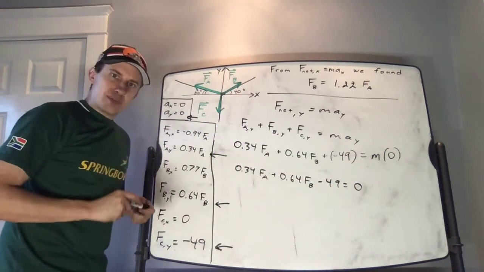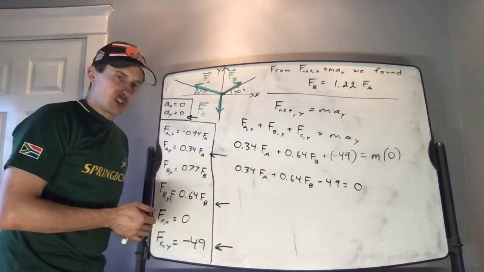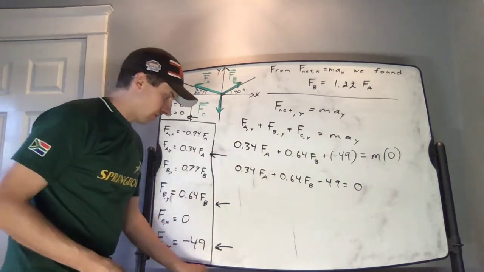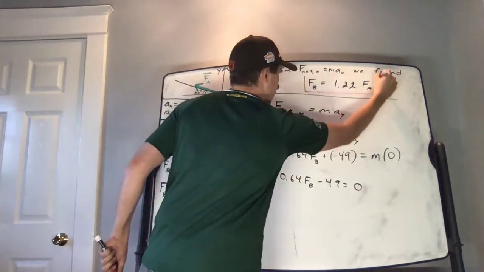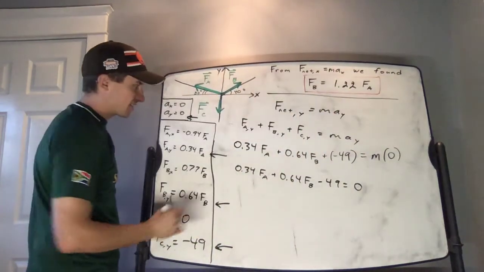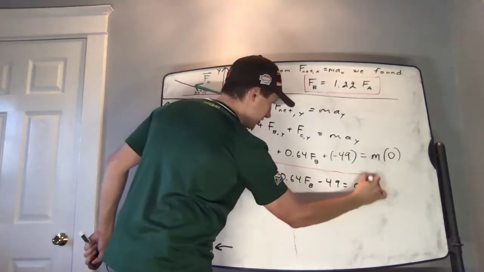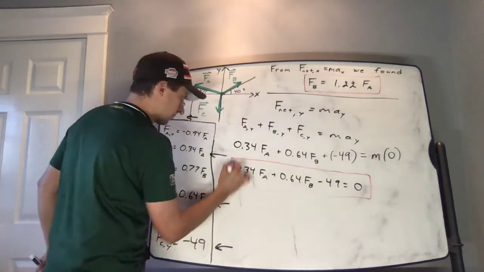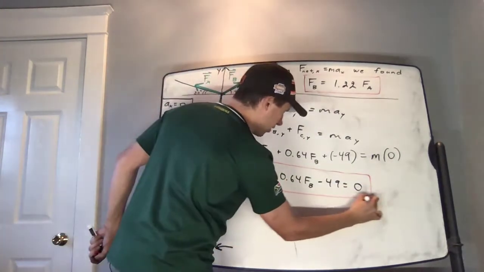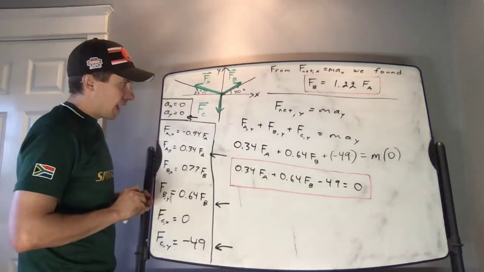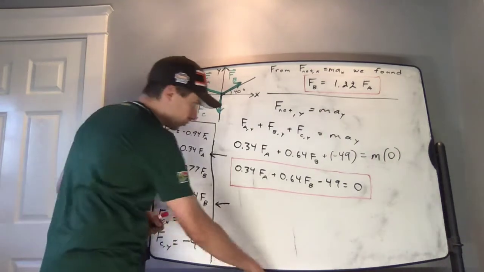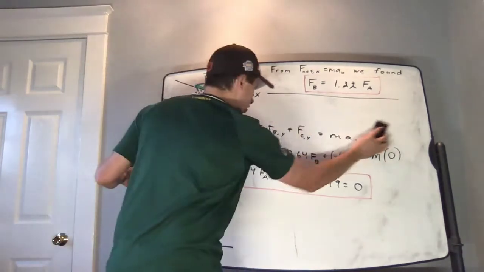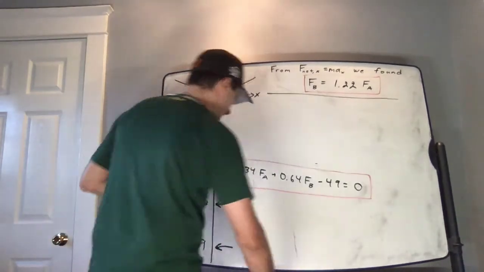And at this point, I now have my two equations with two unknowns that I could solve for. I have this equation right up here that I found from F net x equals MAX. I have this equation down here that I found from F net y equals MAY. So I'm going to rewrite this equation up here and solve the system of equations. And when we do that, we then get